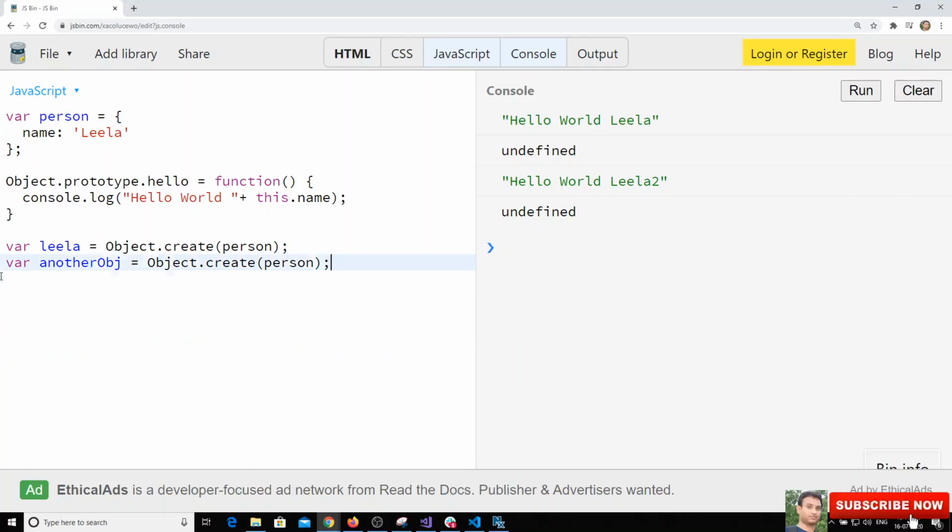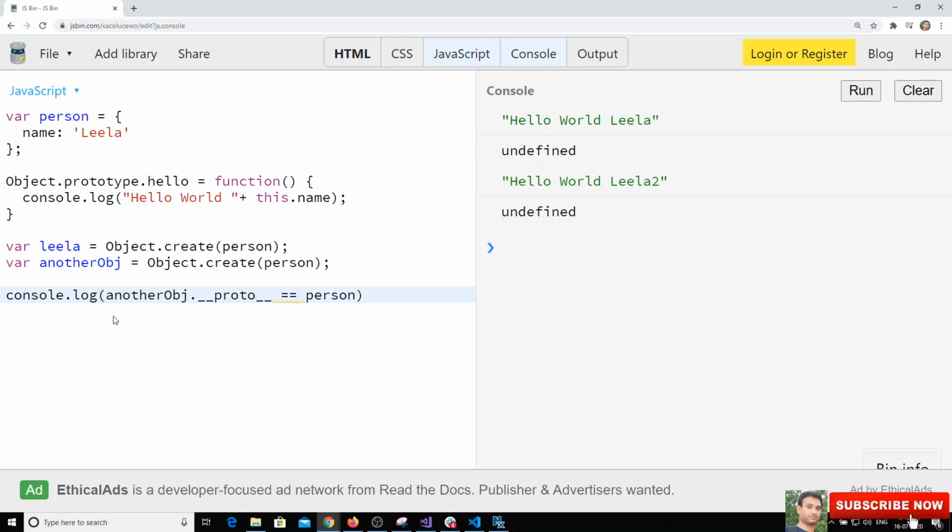Here, another object's prototype is person, right? So let's check with console.log whether another object dot underscore proto, which we should not use in production because not all browsers support this method, is equal to person.